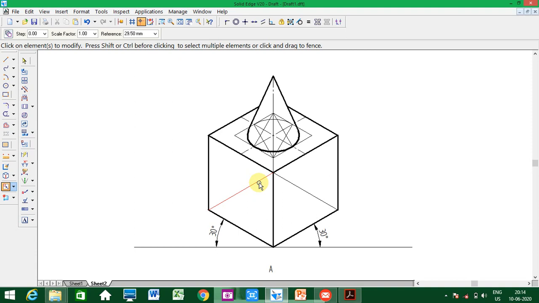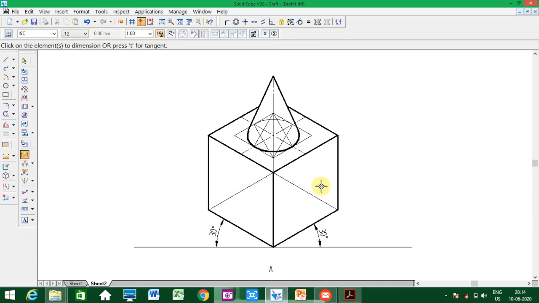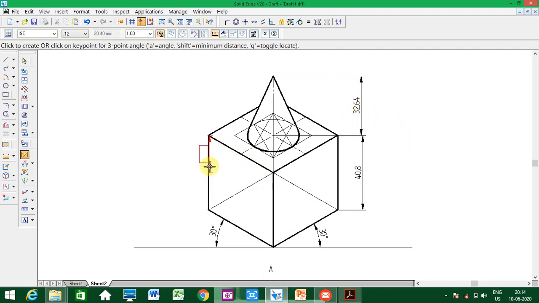Now you measure the dimension. Now it has changed. How much is it now? 40.8 means 41, almost 41. So it is converted to isometric now. Now just you try it, multiply 50 by 0.816, you get 40.8. Okay, this is also isometric now. This dimension is also isometric now. Okay, now this is actually correct isometric.